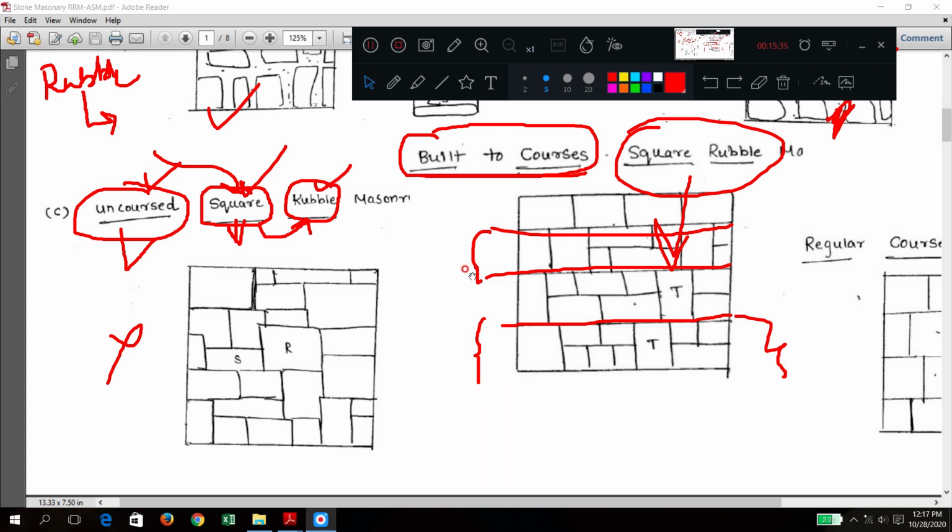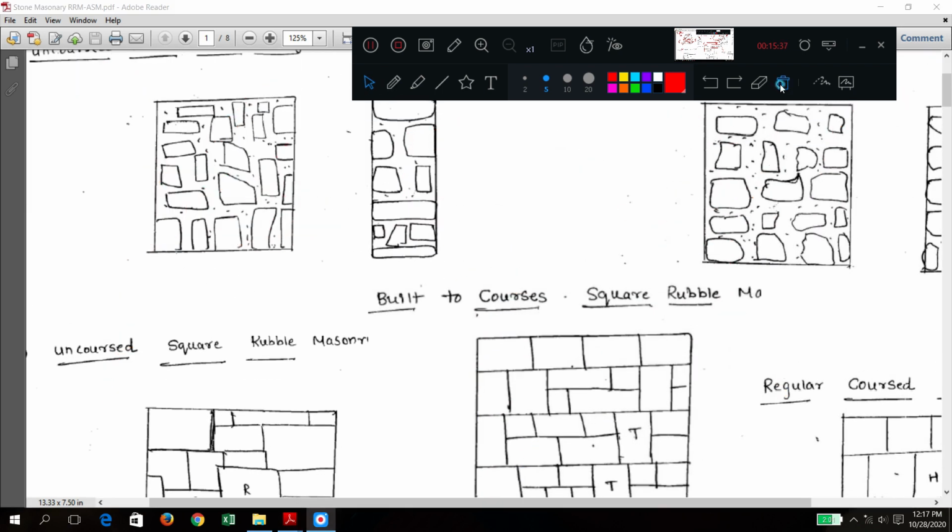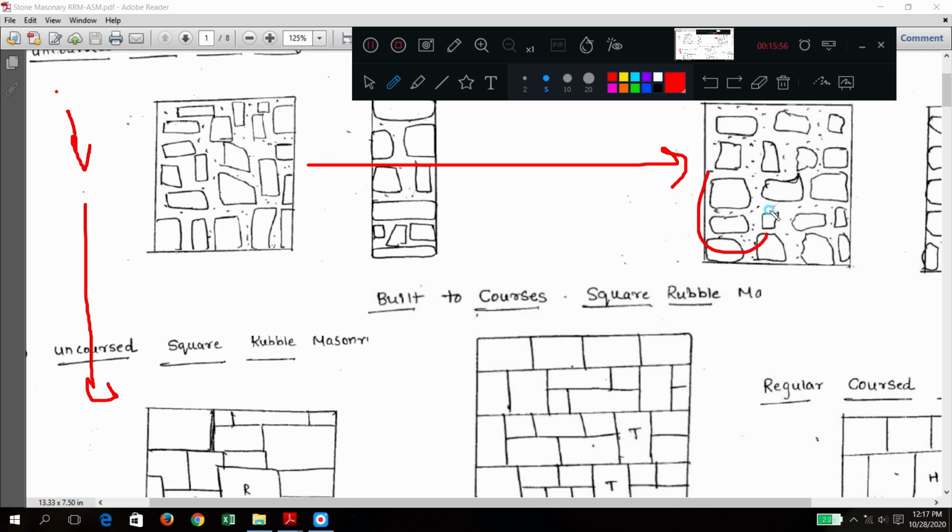Okay, so first understand the meaning of rubble. From rubble you are going to square. From uncoursed to built to course. How the horizontal is there, these are uncoursed, no layers. Here built to course, a little bit of layers are there. From rubble to square, what is the difference?